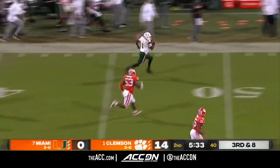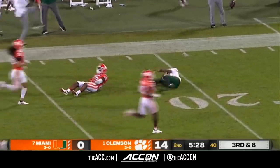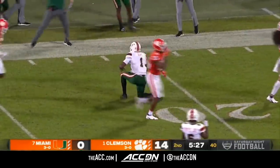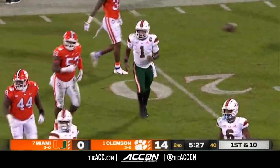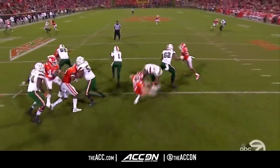A scramble, huge gain that comes in territory. Downfield block, still running. Spins and is knocked down at the Clemson 22. Finally by Phillips, but you see the electric King. Sacked and pressured all night, Kirk, but finally De'Aaron King shows why he's one of the most dangerous scramblers in